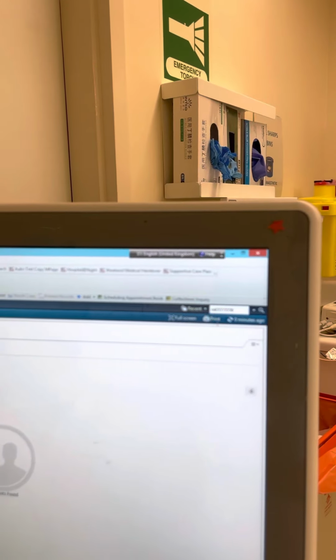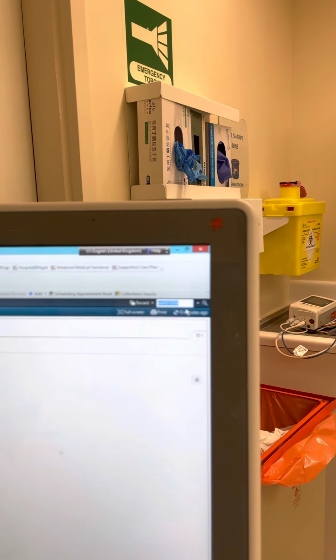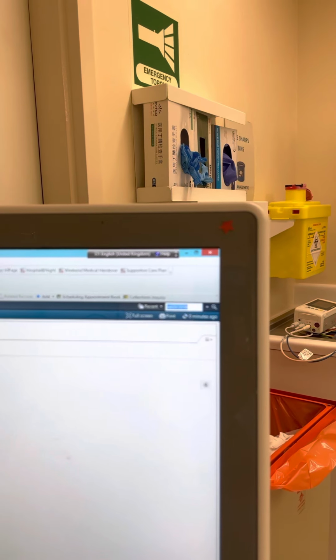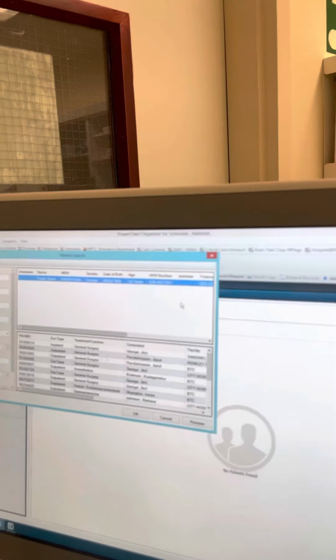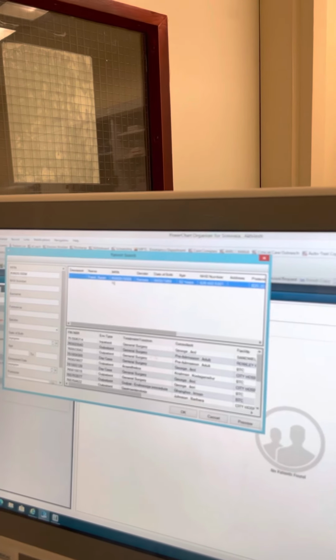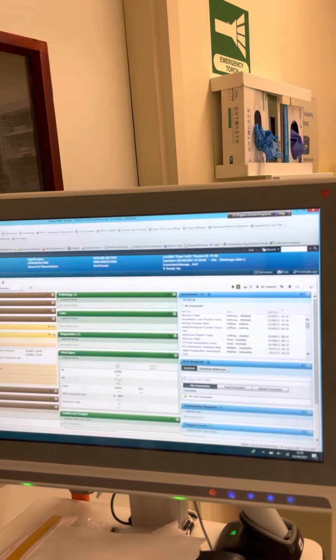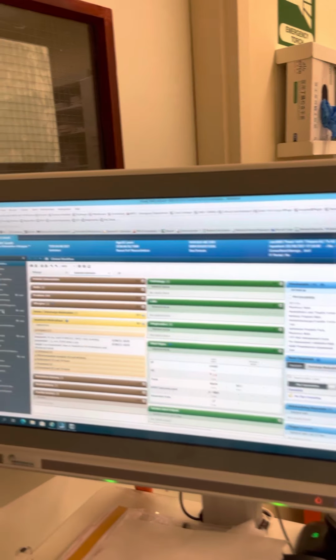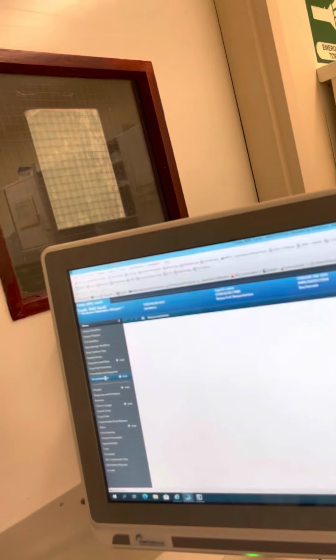It's a bit tiny, I don't know why. If you click that, this opens up, and then in this one just double click. This will be the patient data. In the patient's data, the only thing you need to know is to go to this documentation. If you click on documentation,